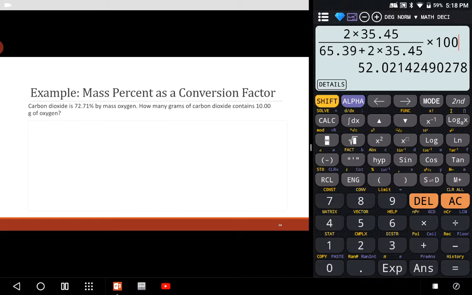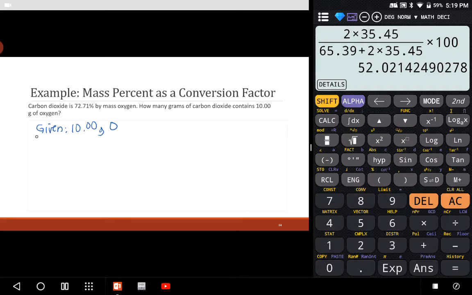Okay, mass percent can also be used as a conversion factor in math. So this is an example problem where that will happen. This problem reads, carbon dioxide is 72.71% by mass oxygen. How many grams of carbon dioxide contains 10 grams of oxygen? So let's go ahead and write out what we're given. We are given 10.0 grams of oxygen,